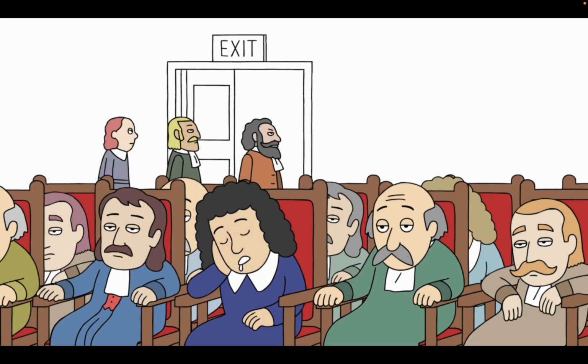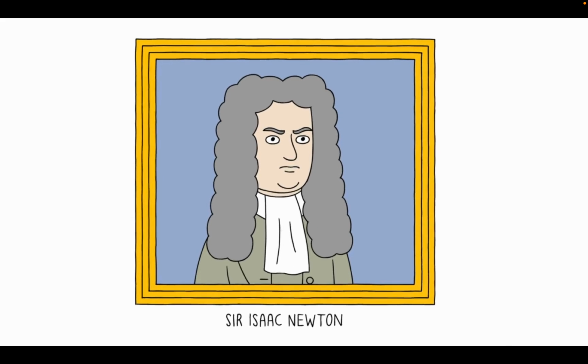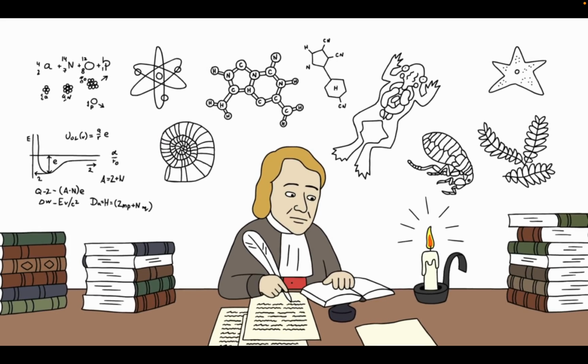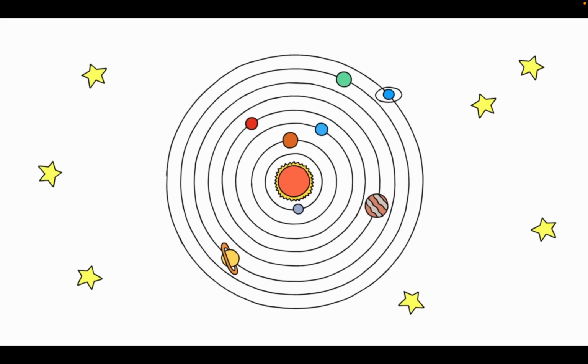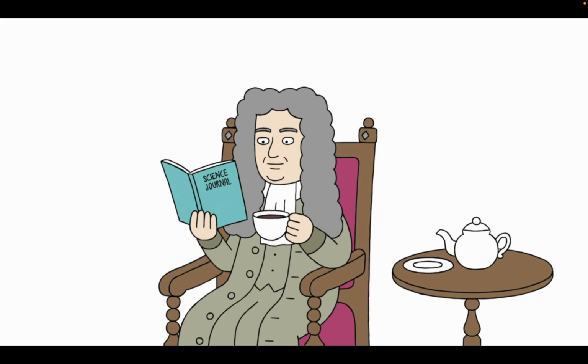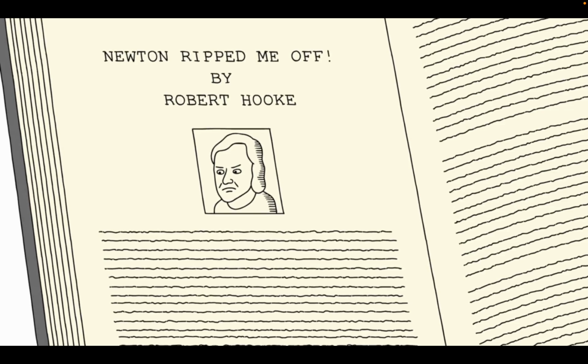Hooke was something of an underappreciated scientist of his day, something he brought upon himself as he made the mistake of locking horns with one of the most famous scientists ever, Sir Isaac Newton. Remember when I said Hooke dabbled in many different fields? Well, after Newton published a groundbreaking book on how planets move due to gravity, Hooke made the claim that Newton had been inspired by Hooke's work in physics.